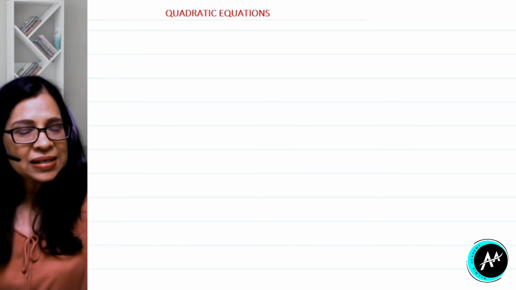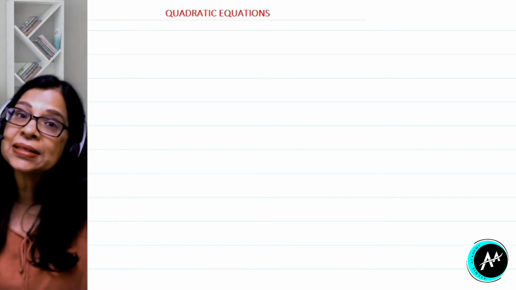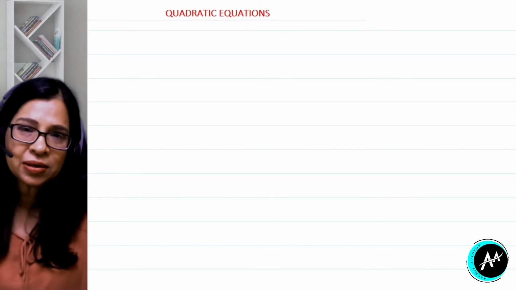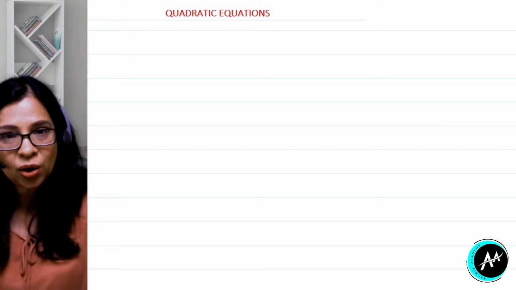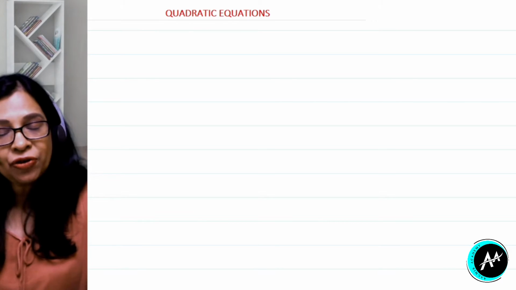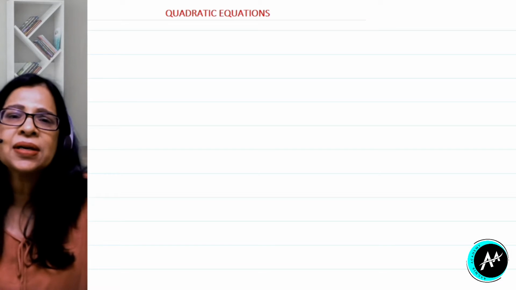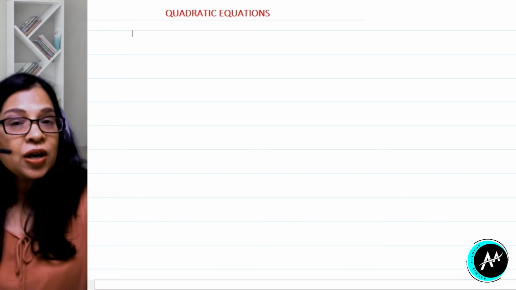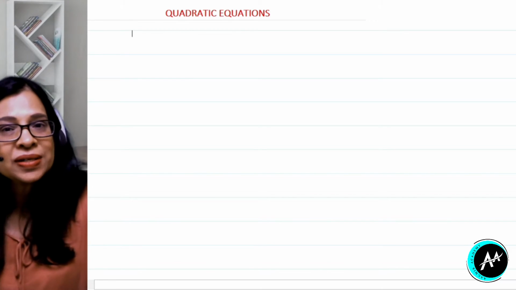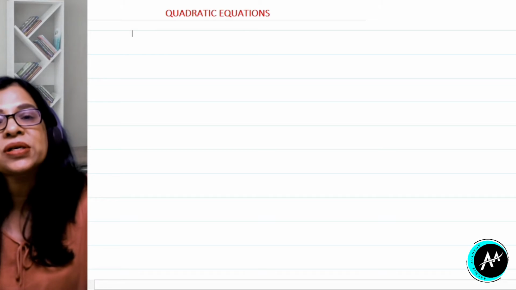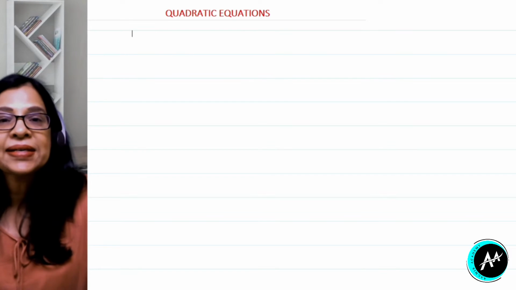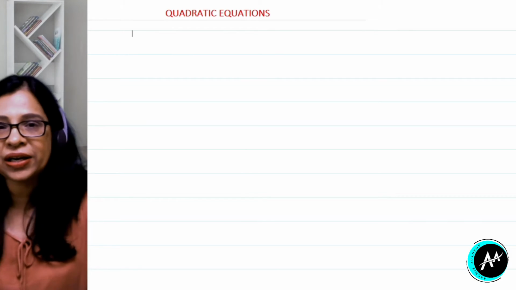Now today in this lecture we are going to do first of all some very important direct results on real roots of quadratic equation. Now it's difficult to derive these results when you are doing an objective type question because it consumes a lot of time. But if you know the direct result, we will do some questions, then you can apply those results directly and it will save us a lot of time in doing objective type questions.